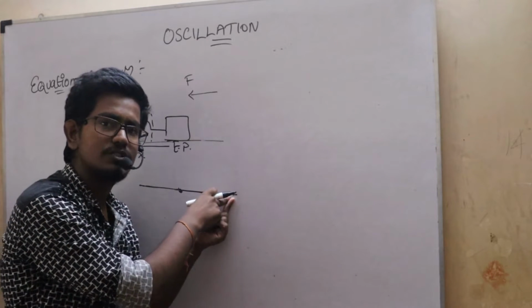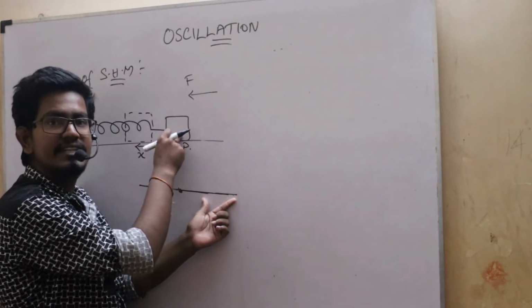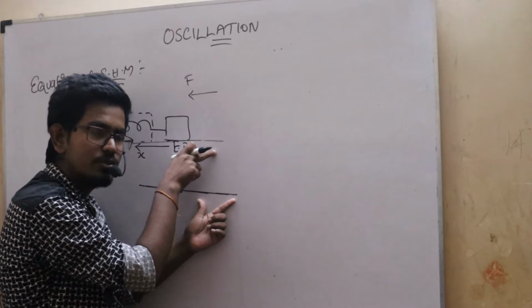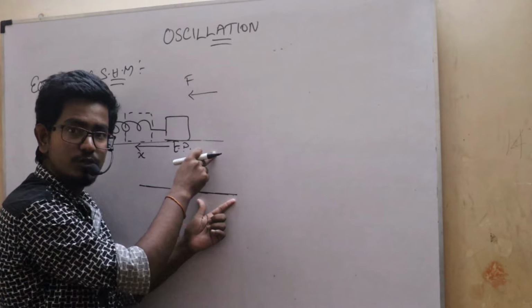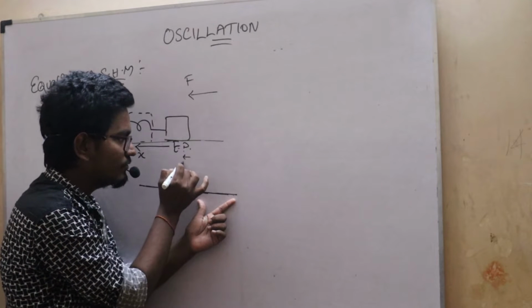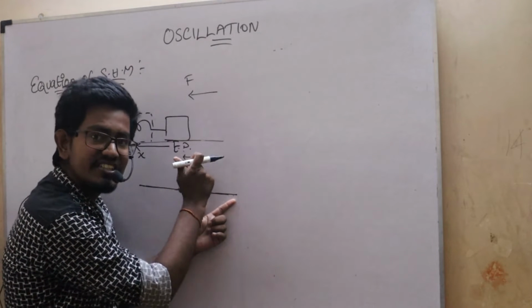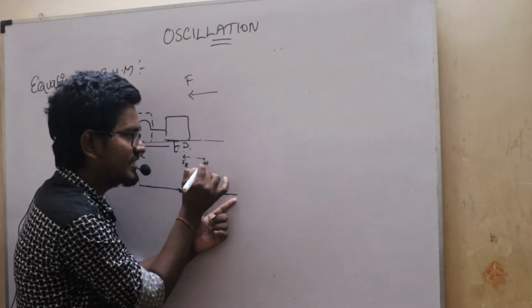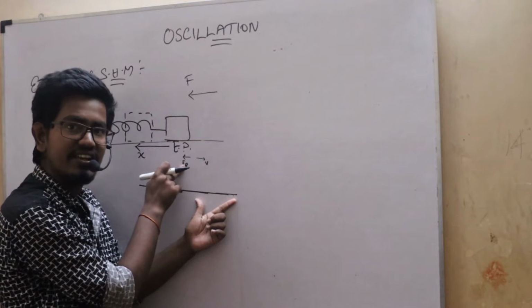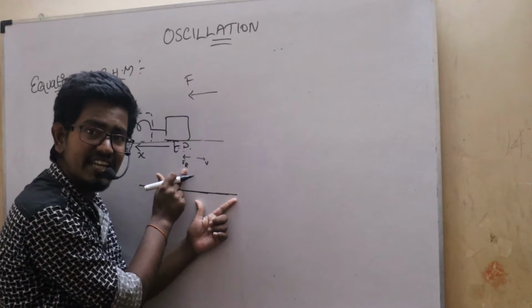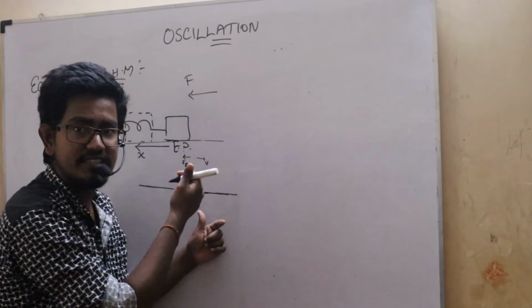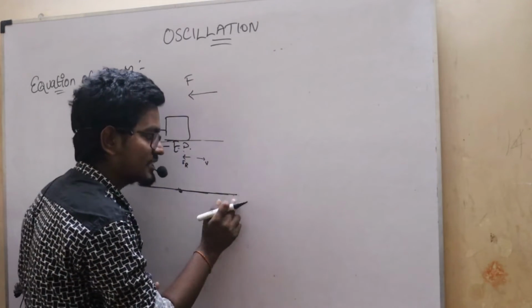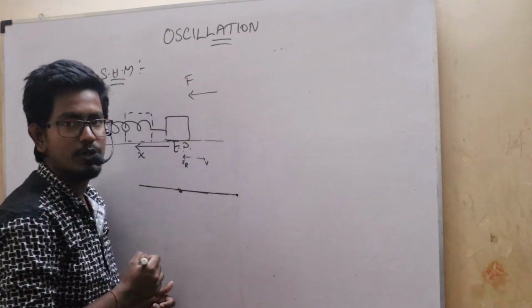Why is it gradually losing its velocity? Once it is leaving the equilibrium position and moving in this direction due to the inertia of motion, my restoring force direction will be this. That means my acceleration direction will be this. But the block is moving in this direction, that means it is the velocity direction. As the acceleration direction and my velocity direction are opposite, you can say that retardation is happening here. So due to the retardation, at a specific point my velocity is going to be 0.